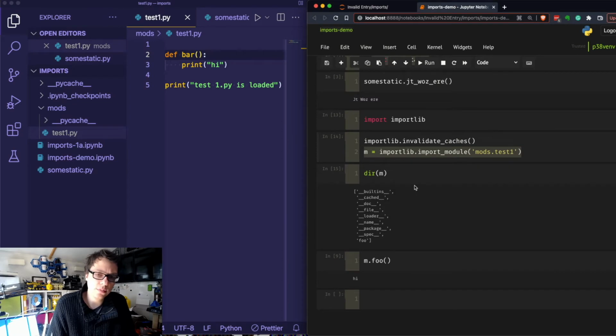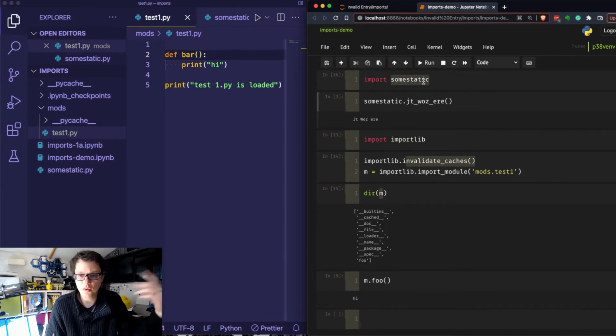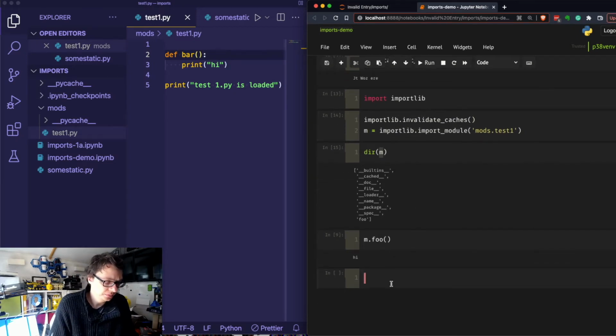Now, to reload a module, I actually need to access it. Also, it's worth saying invalidate caches doesn't affect this. So if I run this again, import at the top, it hasn't re-imported that module. That module's already imported. If I have access to the module, so actually m is my module object, I can do